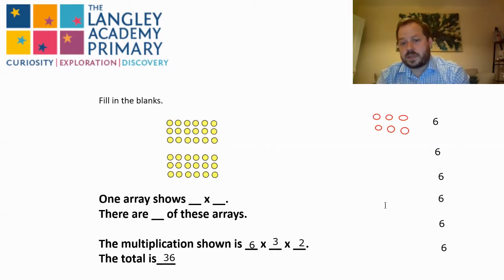6 times 6 is 36. So it doesn't matter the order in which we do our multiplication when we're multiplying 3 numbers together. So we might as well pick the way that is easiest for us. And the way that is always easiest for us is do the hardest multiplication first, leave the easiest for last, because then you only have to times a big number by a small